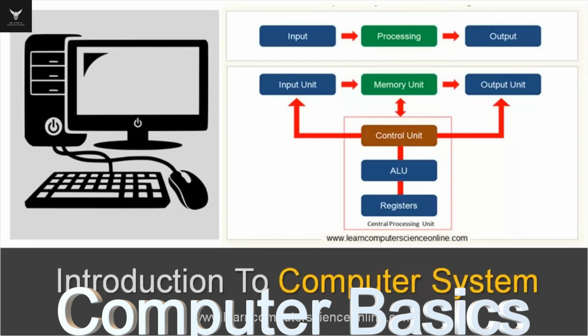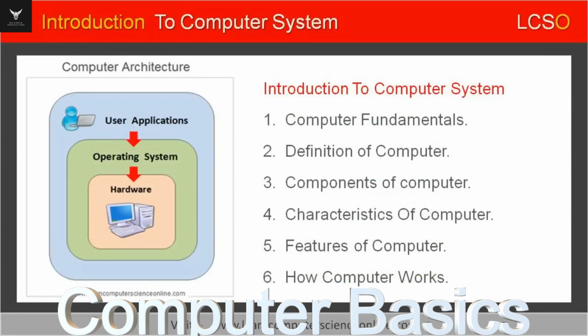That brings to the end of this tutorial on Introduction to Computer System and some of its important features. In this tutorial, we have discussed in detail some important fundamental concepts related to the computer. We have also studied the definition of computer, various components of computer system, important characteristics and features of computer, and